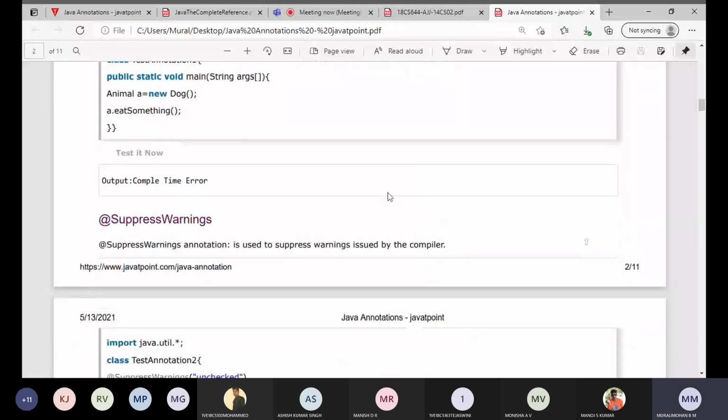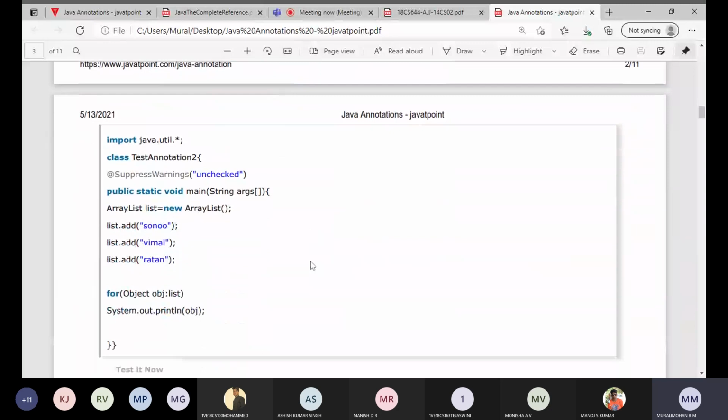Okay, next we have SuppressWarnings. Whatever warnings are issued by the compiler should be suppressed, and this is done by SuppressWarnings. It is used to suppress the warnings issued by the compiler.